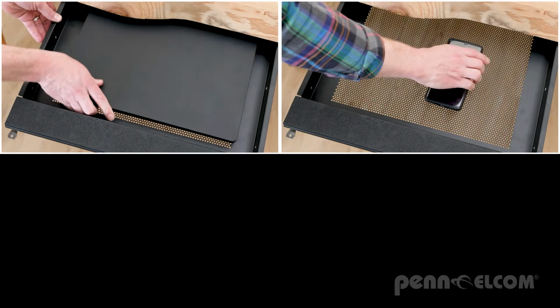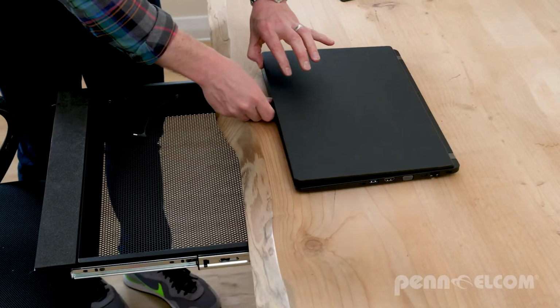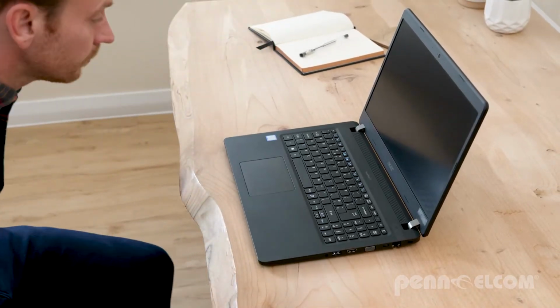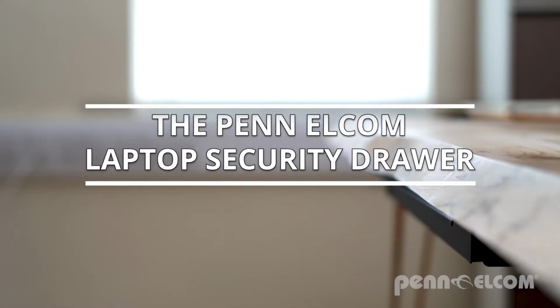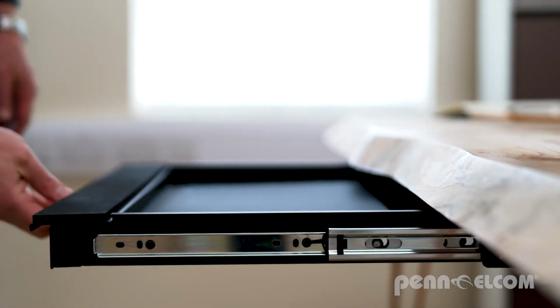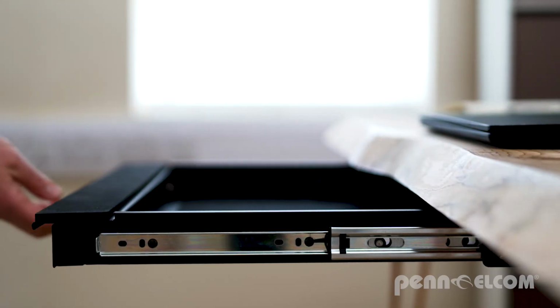Ensure that your laptop, smartphone, tablet, or other valuables are right where you left them with an under-desk organizer that is locked and hidden out of sight when closed. The Penn Elcom security drawer is tough but easy to use. Made from high-quality steel, it's mounted on telescopic slides with steel ball bearings so that your computer will slide out